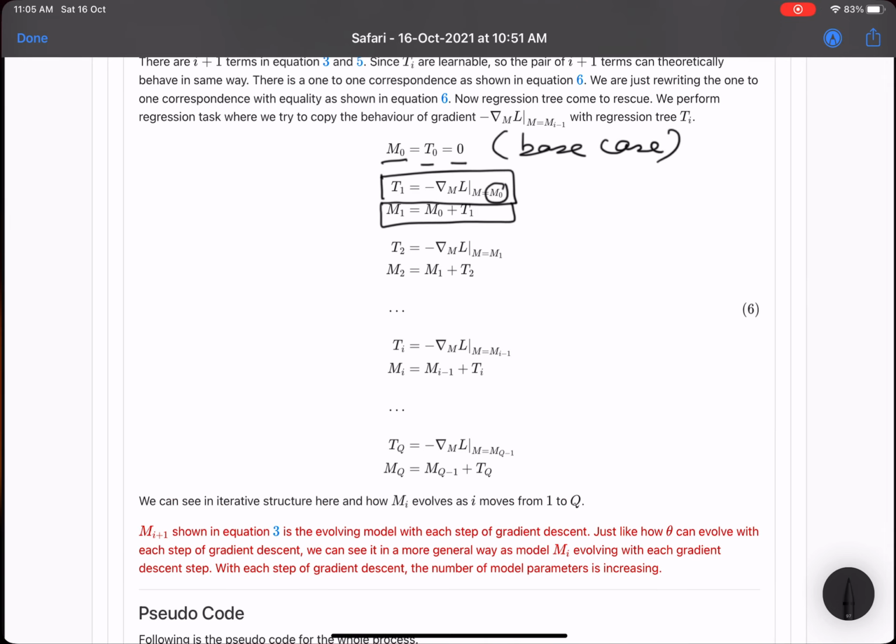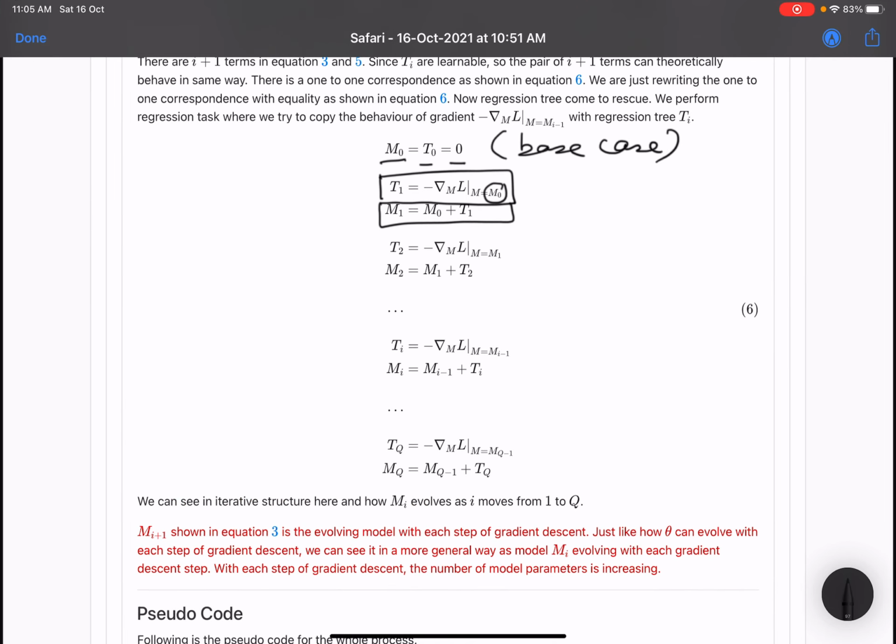Then again we do the same thing. We find the negative gradient of loss at m1. We are equating this, so our tree t2 behaves as if it were the negative gradient of loss, and then again we have m2 is equal to m1 plus t2, right?